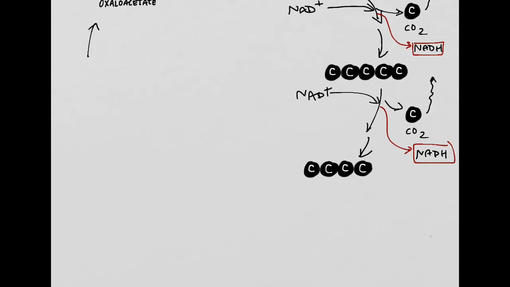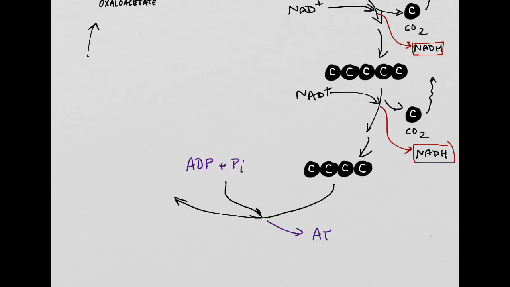In fact, it has a lot of energy associated with it, and we take advantage of that. We mess with it. And through a complicated set of reactions that involve a whole bunch of enzymes, we actually bring in a couple of ADPs and a couple of P sub i's, or actually one, I shouldn't say a couple of. All right? And as a result of interacting with that 4-carbon molecule, we have a substrate level phosphorylation that's going to take place to produce an ATP molecule out of this. All right, so we get sort of a free ATP molecule from this reaction that occurs here at the bottom